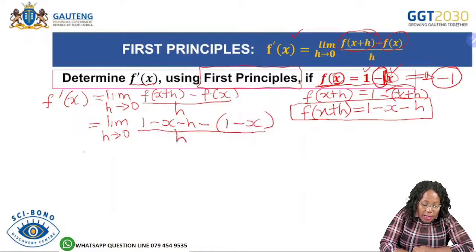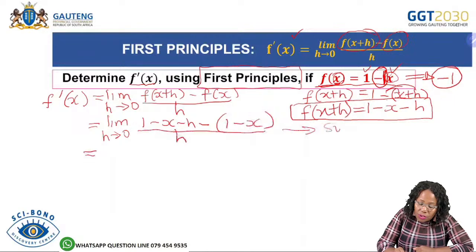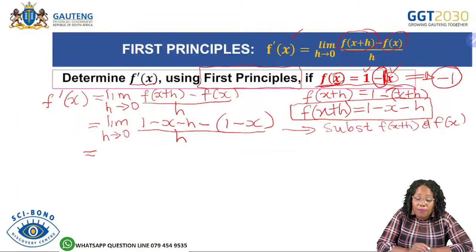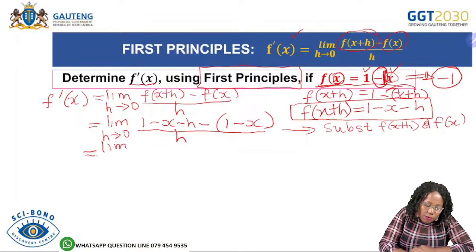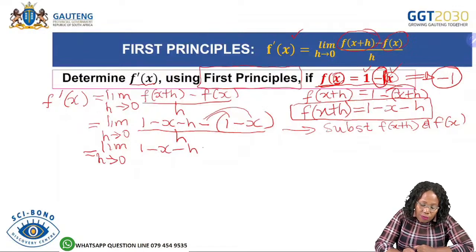h. And then the next step, now we do what? Remove the bracket. Remember here we substituted the f at x plus h and the f at x. So the next step we do what? We remove the brackets now. So with limit of h approaching 0, so it's 1 minus x minus h. We are going to use the distributive law of multiplication. A negative times 1 and the negative 1 times negative x, of which is minus 1 plus x all over